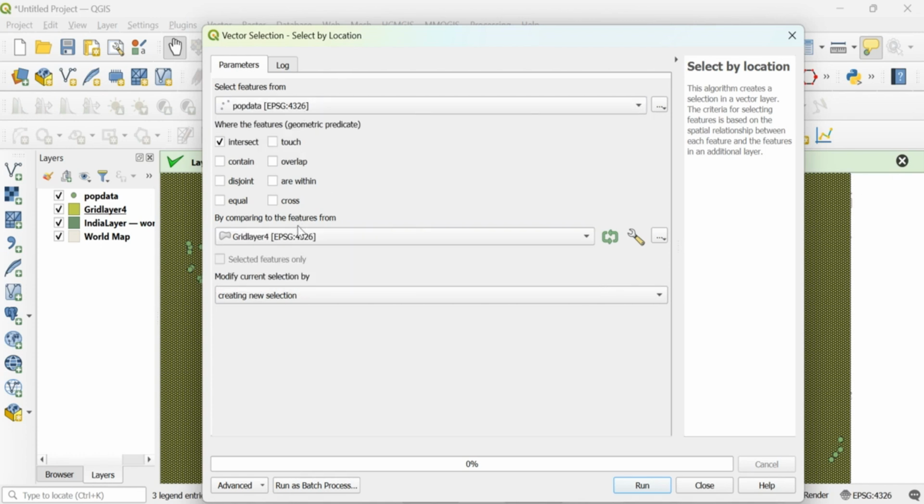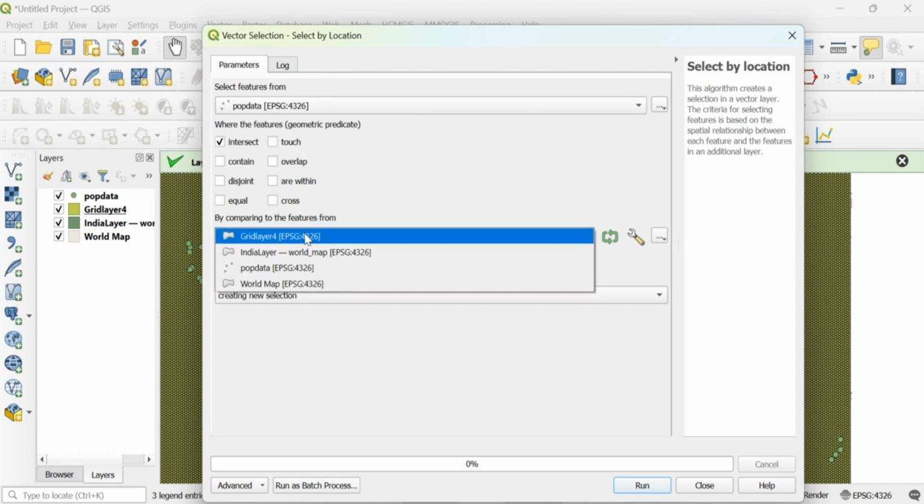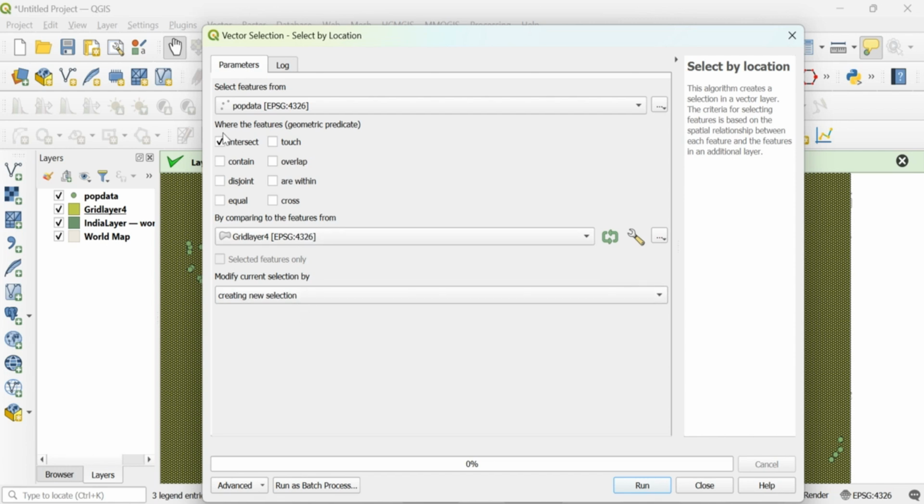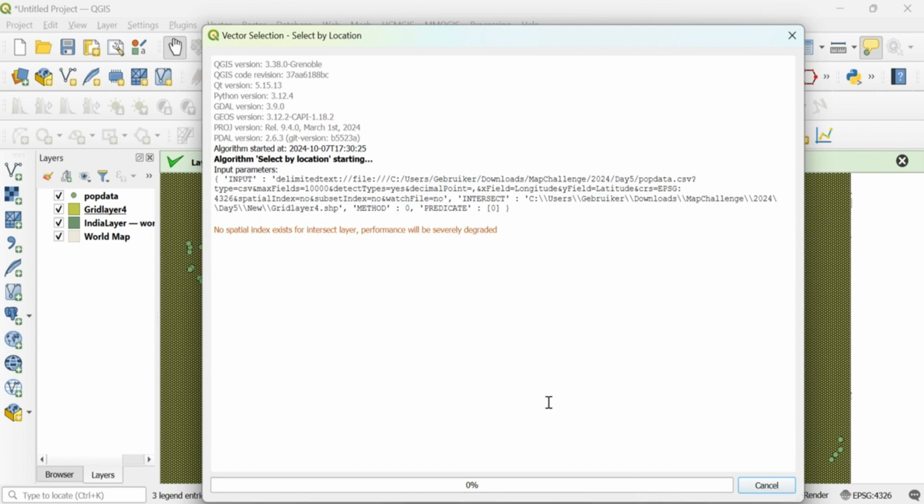I think population data with the grid layer, and we will choose the intersect. Sometimes people also choose within, but yeah, I would always like to use the intersect. So we will run this also. Because the spacing is still small, that is why it's taking some time to load.